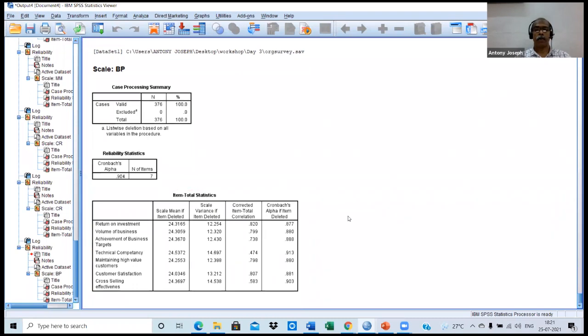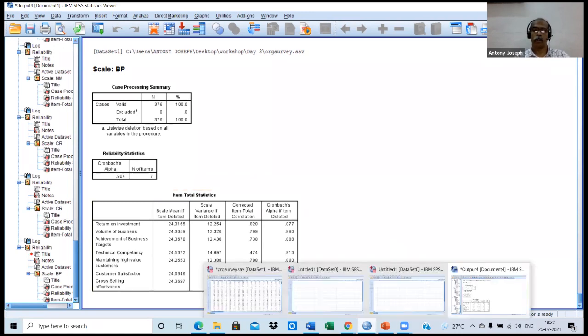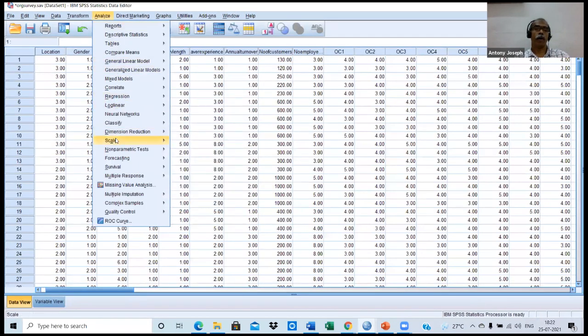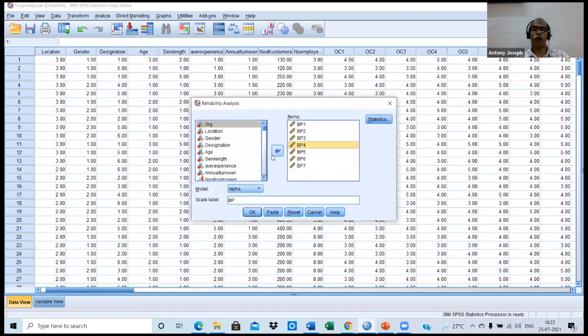Look at the individual Cronbach alpha. One item is having Cronbach alpha greater than 0.904. So that must be avoided. That is technical competency, the fourth item. BP4. BP4 is avoided.